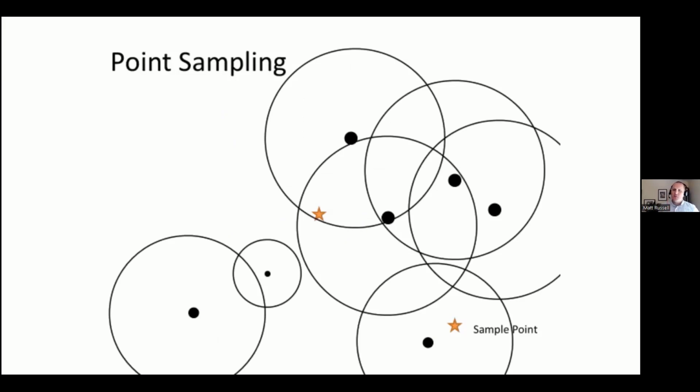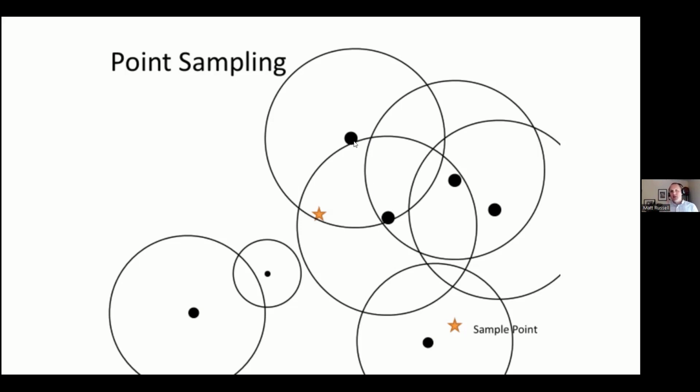Now, to introduce another way to measure plots through a sampling framework, it is called point sampling. Instead of fixed area plot sampling, where we have one size plot, imagine that every single tree has a different size plot associated with it. That might look something like this.